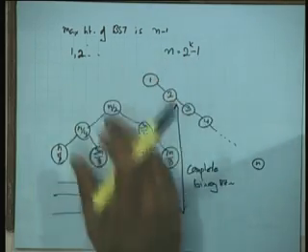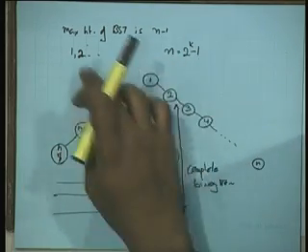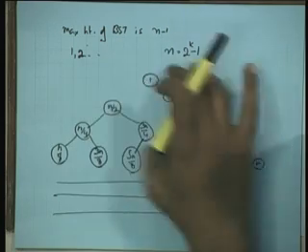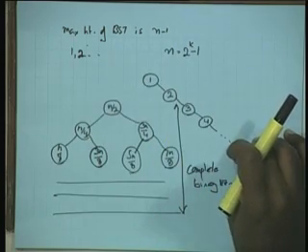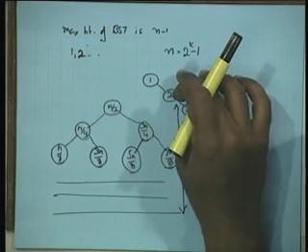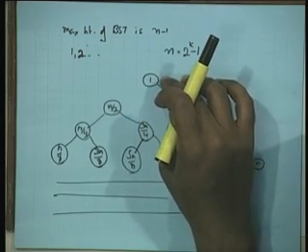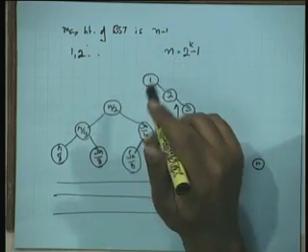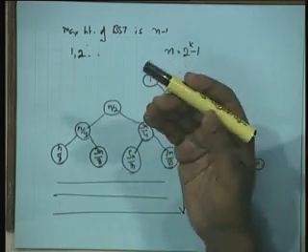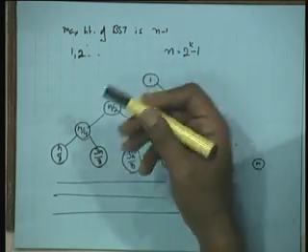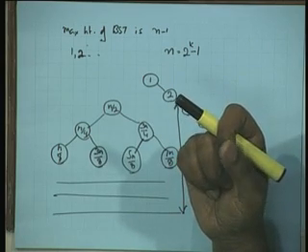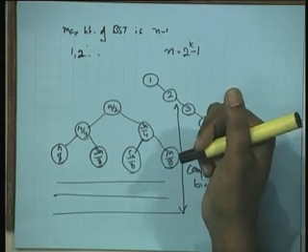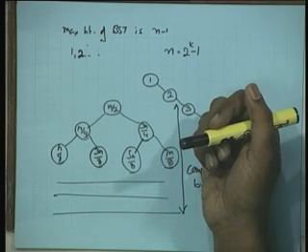Of course, with some effort you could figure out in what order I should insert these elements so that I get a small height tree, and what is a bad order. Suppose I were to just take a random permutation of 1 through n. You understand a random permutation? Take one of the n factorial different permutations at random and insert elements in that order. What will be the height of the tree then?